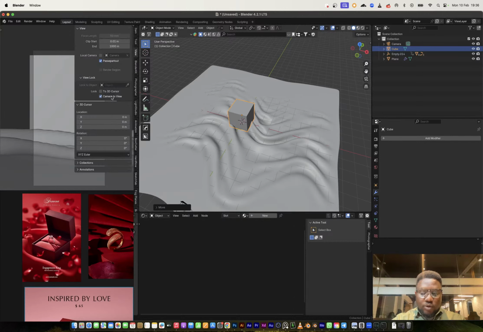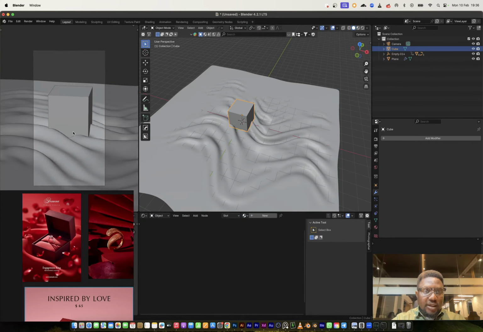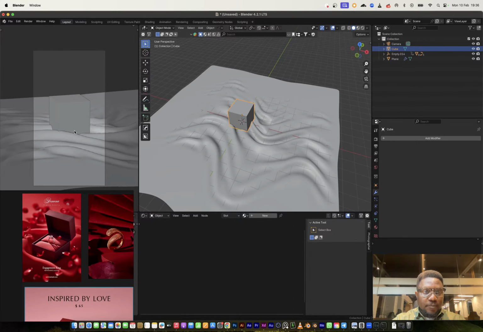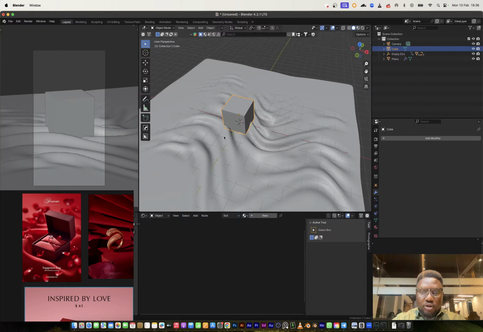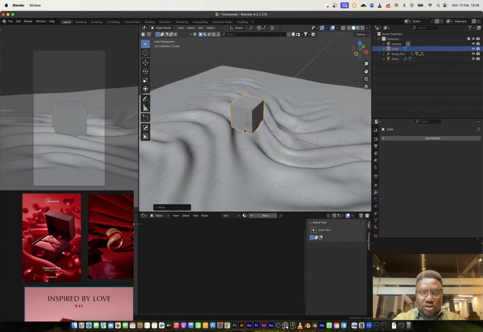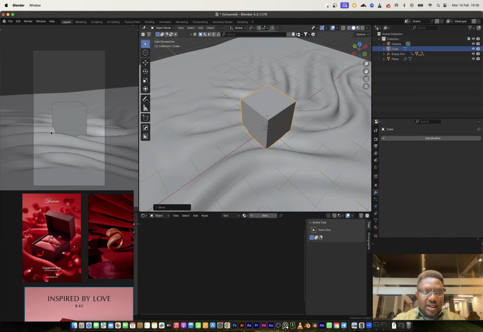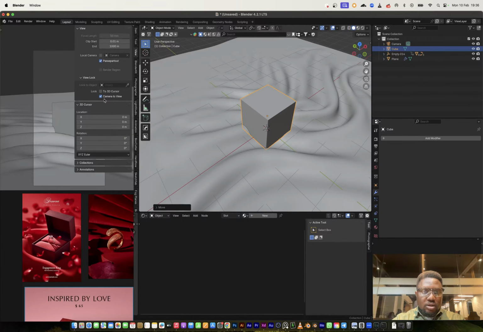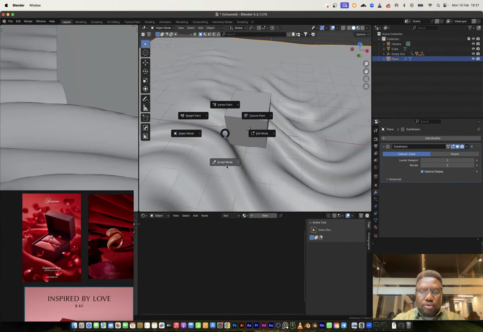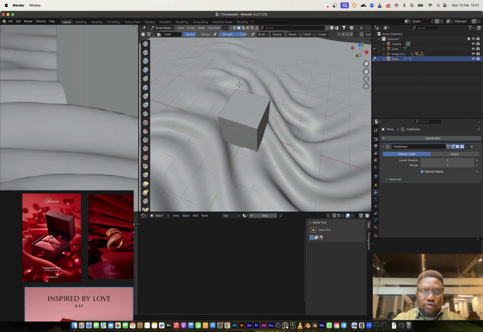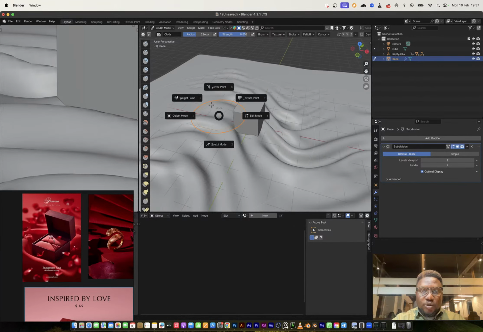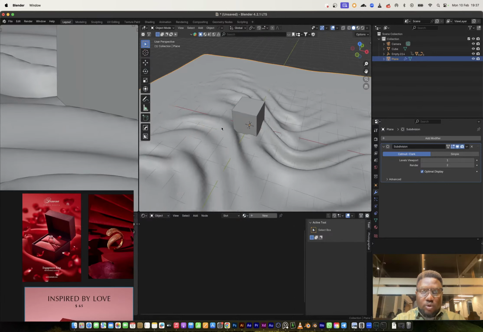So with this, I can go to view, lock my camera to the view, and I think we are going to position it like so, just like so. Looks like our box is too big, so I'm going to bring that down a little and plant it into our cloth. So I see there's a clipping going on right here. So I probably want to go back to my sculpt and just move that cloth out of the way. Just level that out. Okay. Just to make the box integrated into the scene a little more.